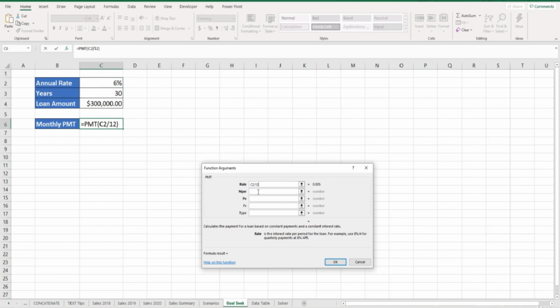And then our next argument is going to be the total number of payments for this loan. So we can select cell C3 for 30 years, but once again, we are paying this loan off monthly. So we need to get the total amount of months within 30 years. So we need to multiply 30 by 12. And then our last argument is the present value, which is the total amount that the series of future payments is worth now. So we can select the $300,000. And if we click OK,